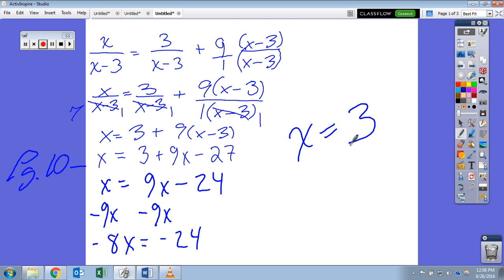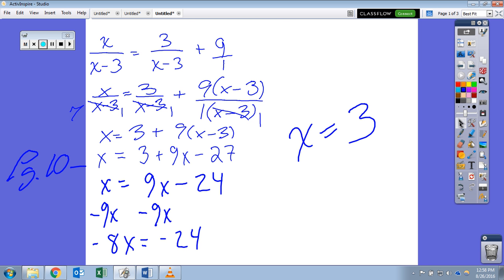Yeah. Okay. Well, he's a little altered, so I'm just going to erase the part that's not originally part of it. Right, because the original guy was just this, right? Yeah. Okay, so let's plug in 3 together and see what we get. 3 divided by 3 minus 3, which is 3 divided by